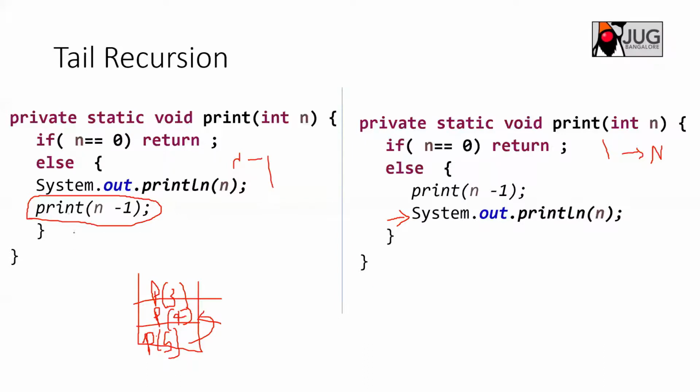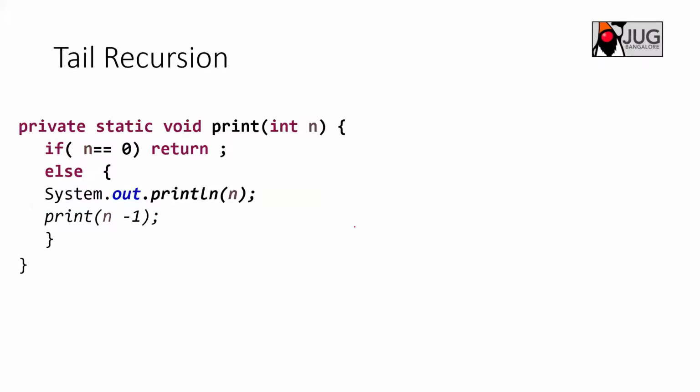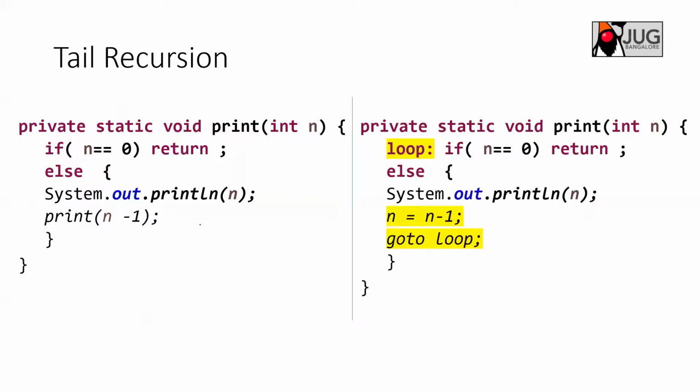But if the call is the last one, then there is no need to do that. And even today's compilers are very intelligent. For example, if you have a function like this where the last call is the recursive call, what it generally does is completely remove that recursion. What we are doing is just decrementing the n and calling the same function again, so it does the same thing. It decrements the n, the new value of n is n minus 1, and then it goes to some loop, and that loop starts again from the start of the function. So that is what is being done here.